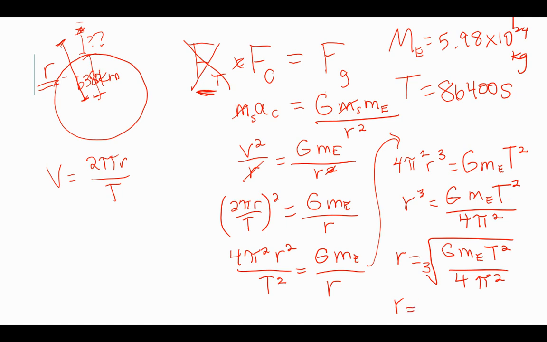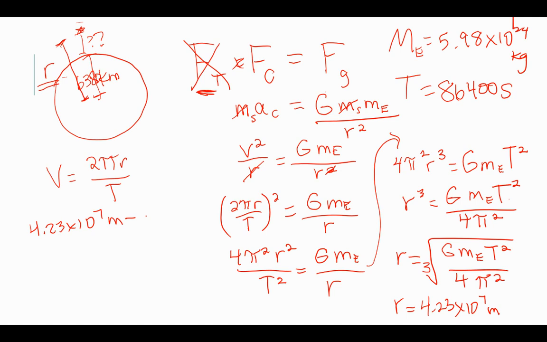If you do all the math right, don't get discouraged if you don't get it right. Just go back and try it again. You should get a radius of 4.23 times 10 to the 7th meters. And then with that, of course, we have to subtract. So 4.23 times 10 to the 7th meters